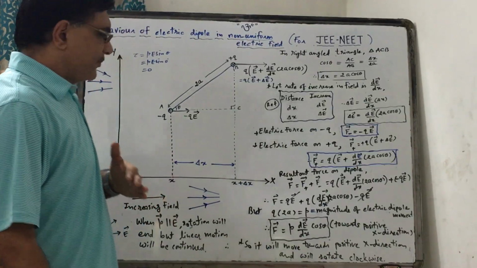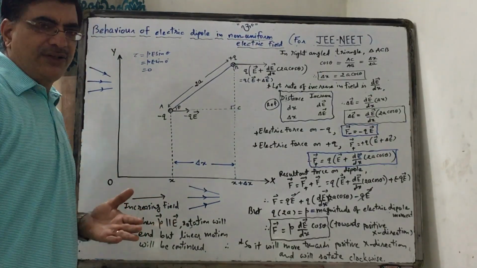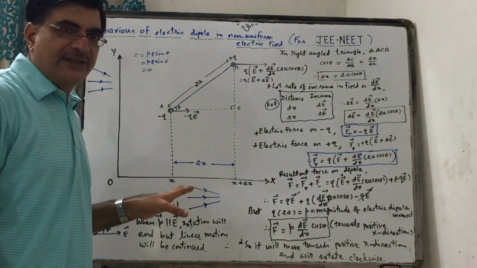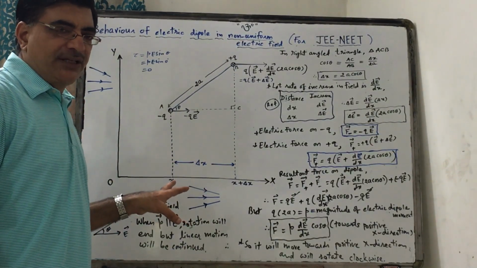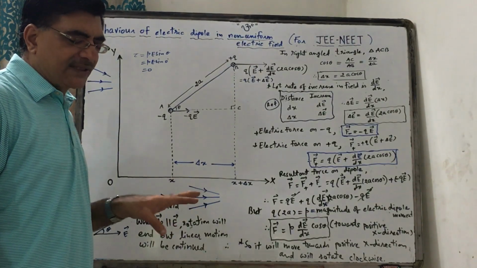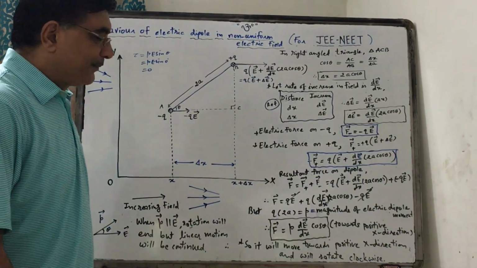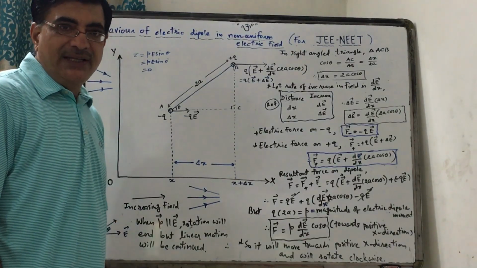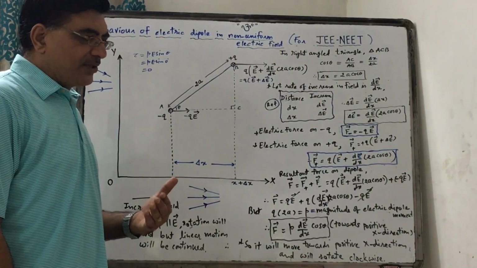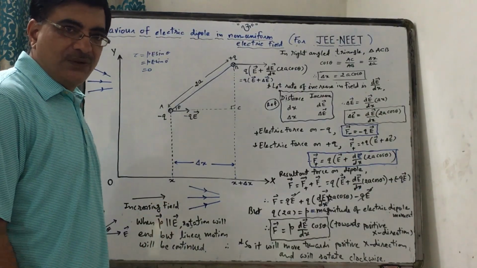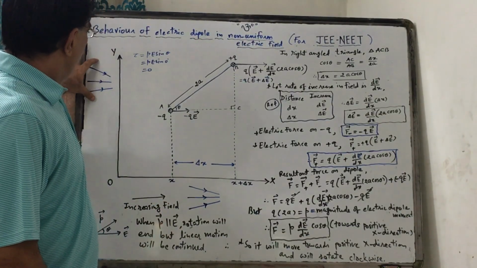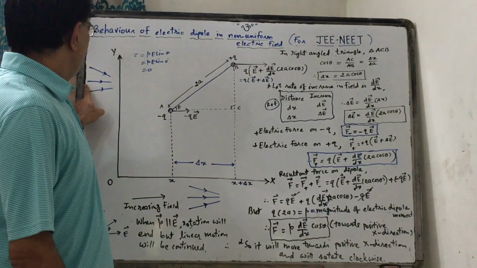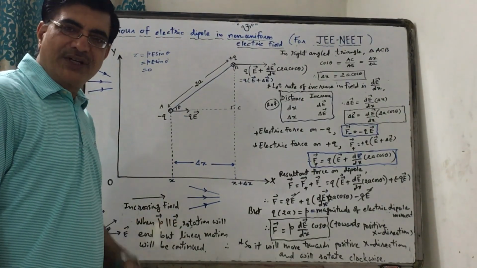This is just for your knowledge, to make your concepts clear. It is not in your NCERT textbook, so you need not prepare it as far as exams are concerned. Now see, first of all, a non-uniform electric field means it has different intensity at different points. I have taken this type of non-uniform electric field. We know that it will be weaker here and stronger here.